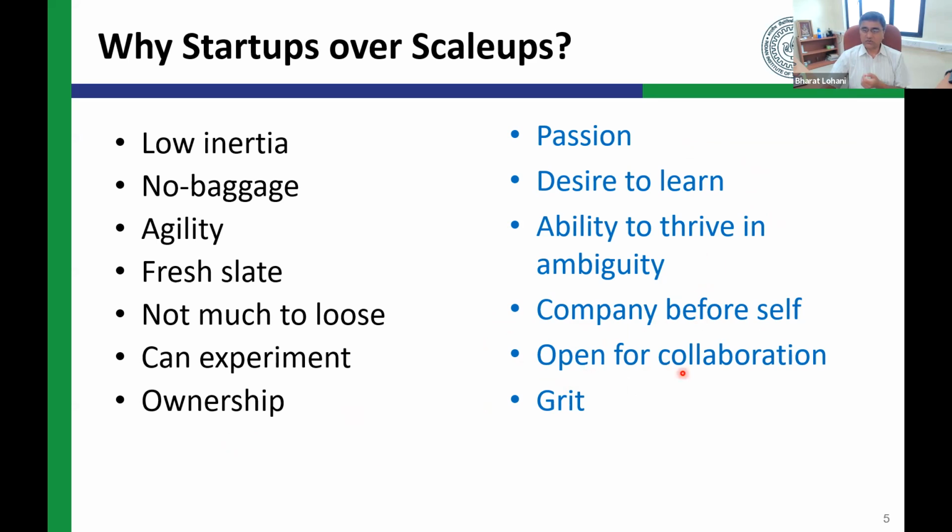And a startup, of course, is open for the collaboration, and these are the things why startups do succeed or come up with new technologies, come up with the technologies which otherwise an old company, an established company, will not dare to get into, because old companies generally have got a lot of inertia, a lot of baggage with them. So for them, the agility is missing. And of course, I'm not painting all the old companies with the same brush here. No, there are old companies which still go in the startup mode.